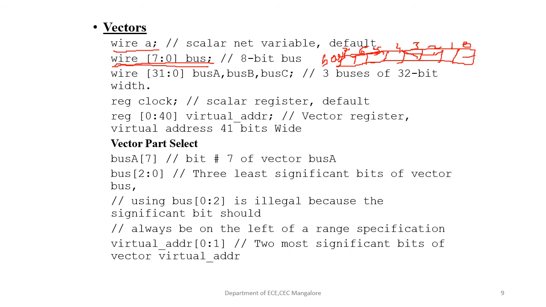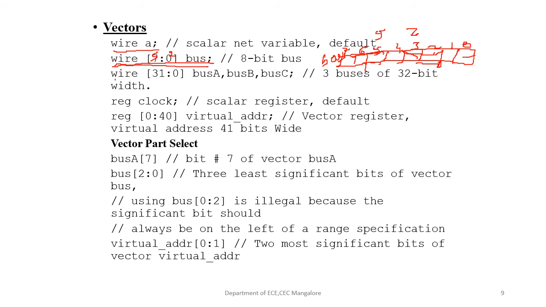For example, if you want to declare only part of it, 5 is to 2, then you can use [5:2] like this. So half of the portion can also be declared, 7 is to 0 or 0 is to 7. The priority changes: most significant bit and least significant bit change if you declare 0 is to 7, MSB and LSB.